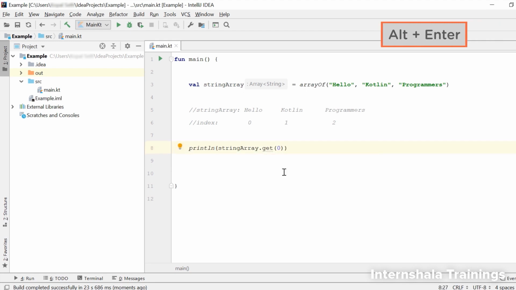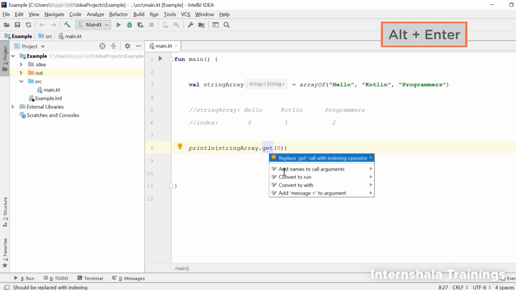plus Enter. Remember, this Alt plus Enter shortcut is going to be very useful to us in this training, and for your self-learning as well. Sometimes, when you don't know how to resolve an error, this Alt plus Enter gives you options and you can fix the faulty code on your own, as well as learn new things. Now let's select the first option that we get here.